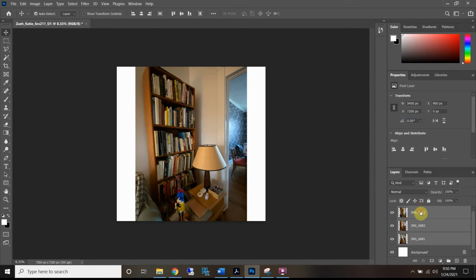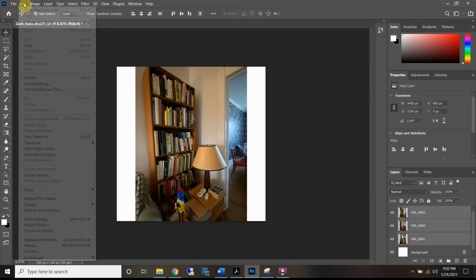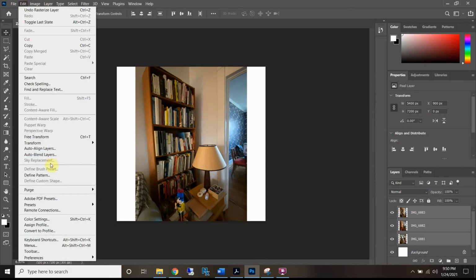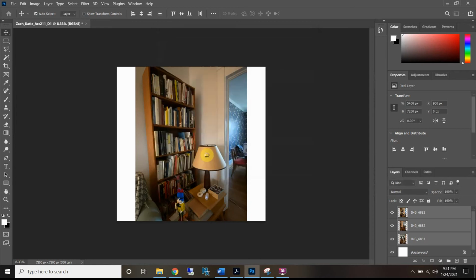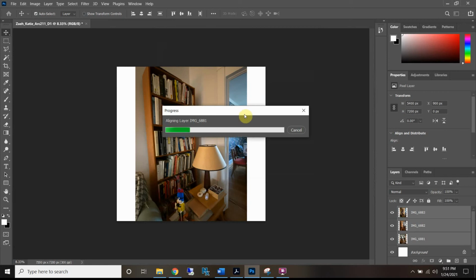So now that I have these all highlighted, so I can hold down Shift on the Layers panel to highlight all those layers, I'm going to go to Edit and to Auto Align Layers. And you can just do auto and see what it comes up with. It might be super wacky, but I'm kind of interested in what the computer will do, so I'm just going to hit OK. And what the computer is going to try to do is create one image from these images